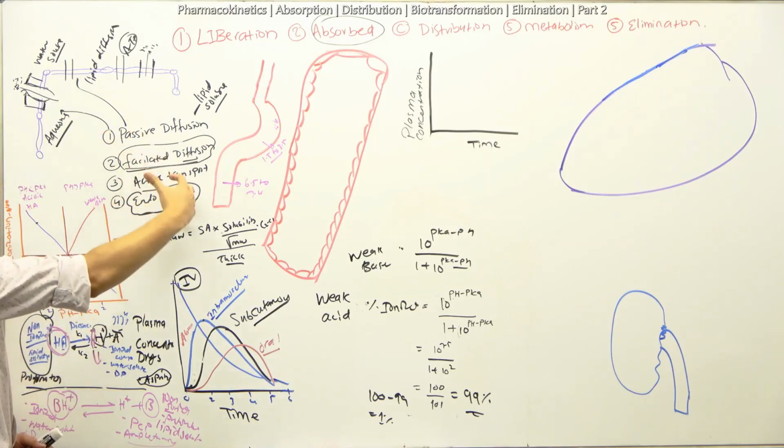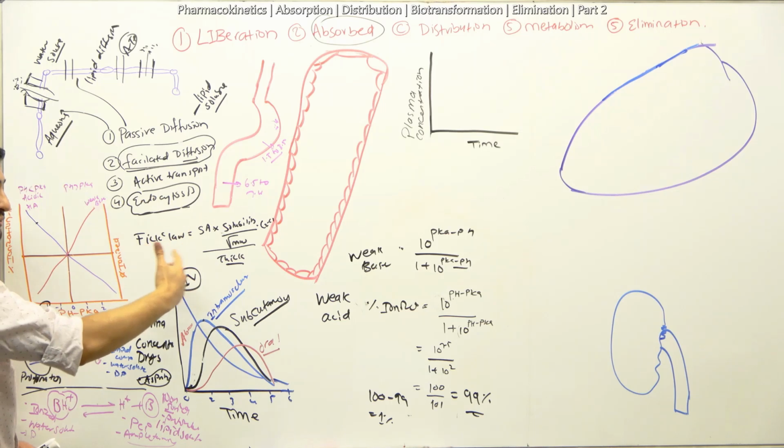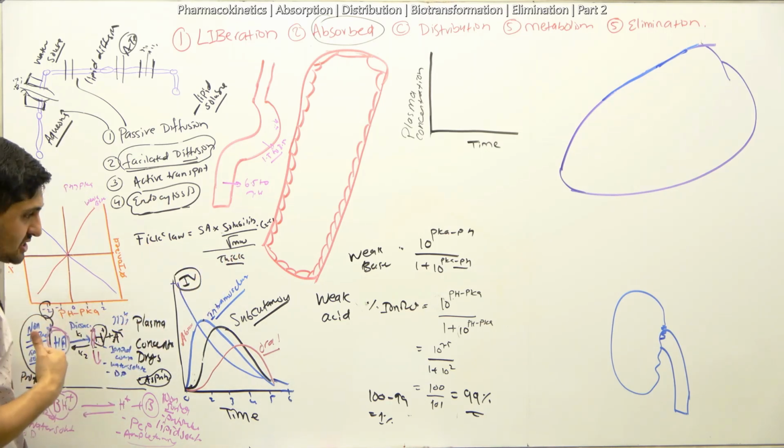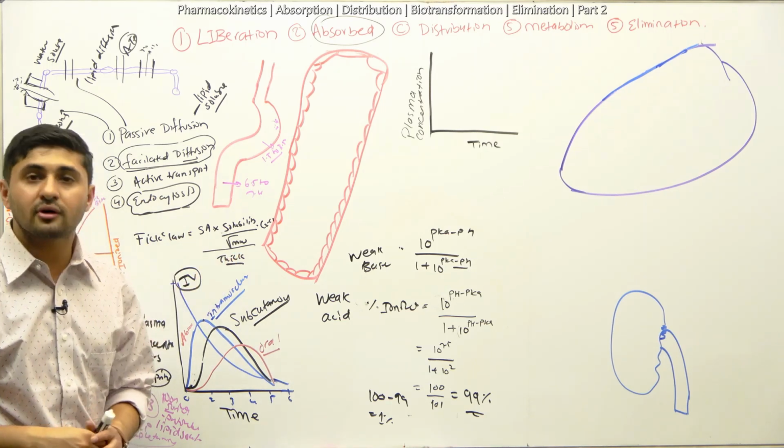So now, we talked about this diffusion process: passive diffusion, facilitated diffusion, active transport, endocytosis. We also talked about Fick's law. We talked about ionization here, right? After that, what other